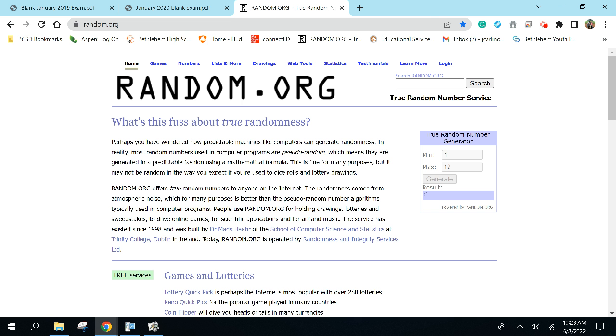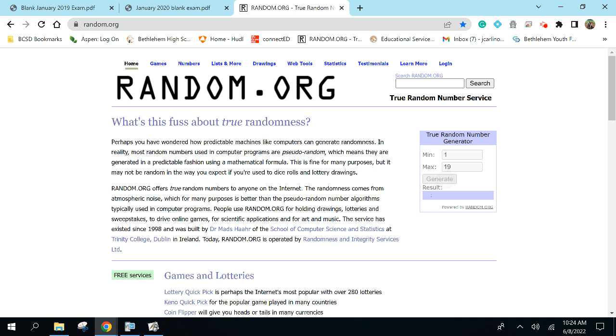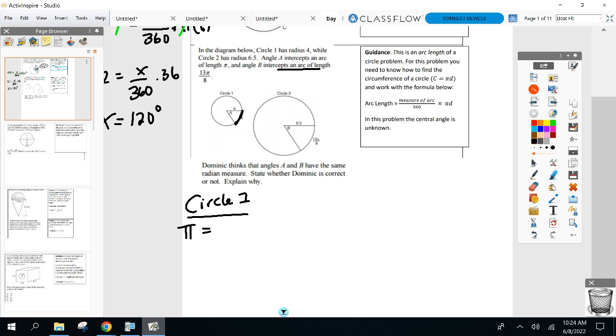What's the arc length on circle 1? What are they labeled? How long is that arc? The length of this arc right here, circle 1. Pi. Yep. So everyone ready? Pi equals. Do I know the measure of the arc? Oh, that's what I'm trying to find. You can put an A, you can put an X in there, I don't care. Over 360